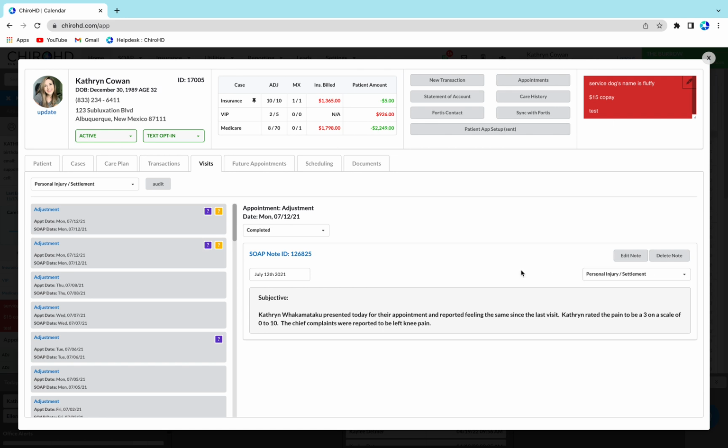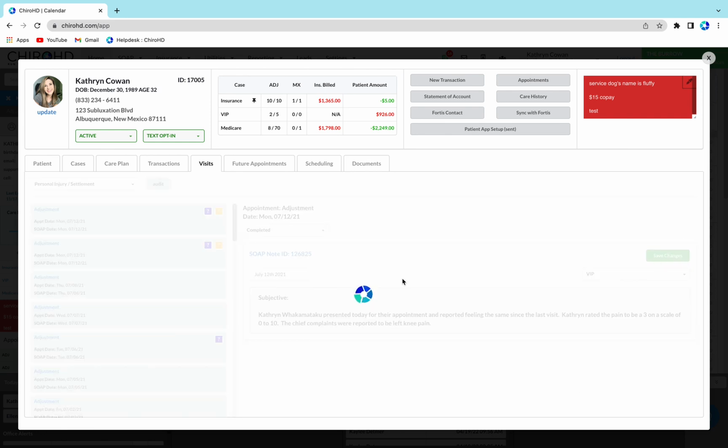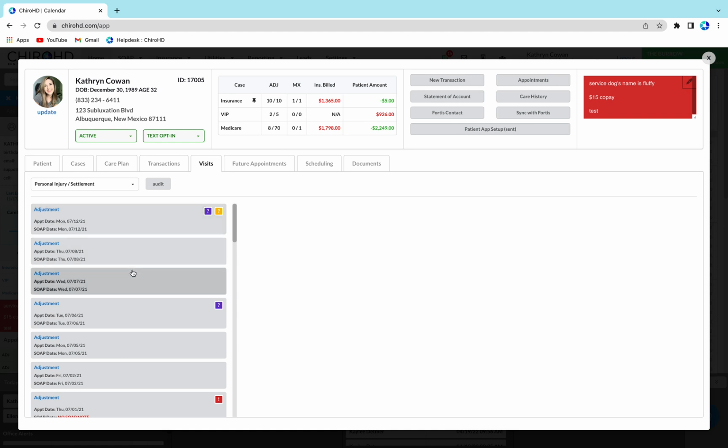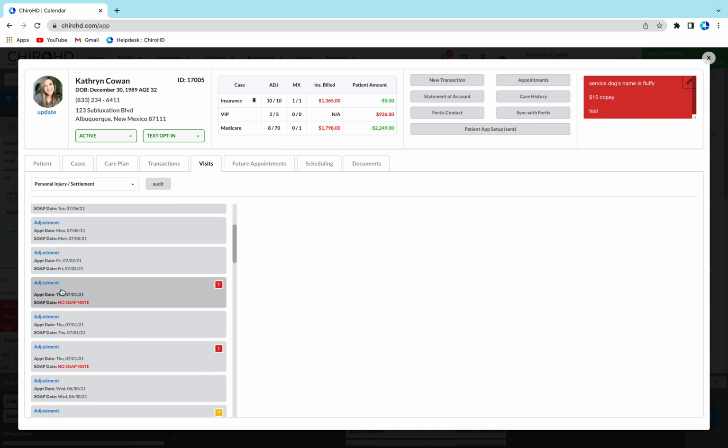If you need to move a SOAP note to a different case, you can simply toggle, choose the case, save changes, and it will be moved to that case. If there is an appointment that doesn't have a SOAP note, you can actually create a SOAP note right from here. So if I click Create SOAP Note,